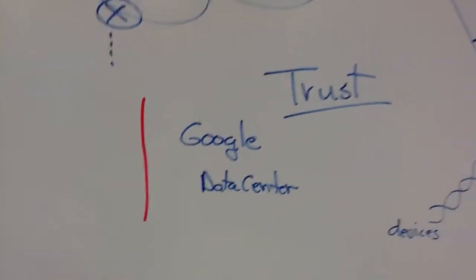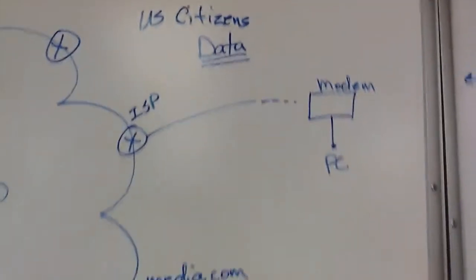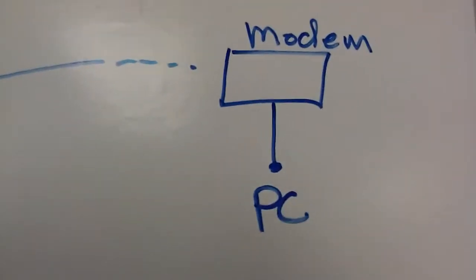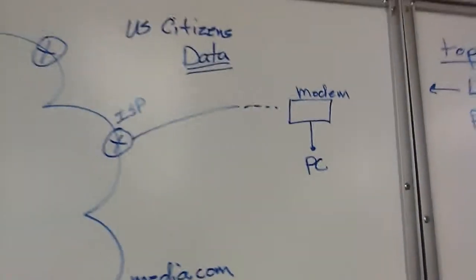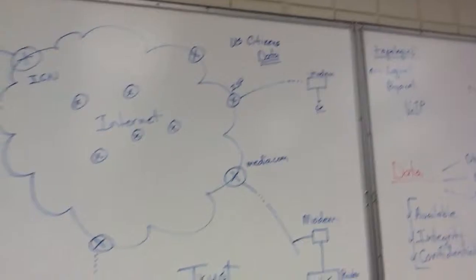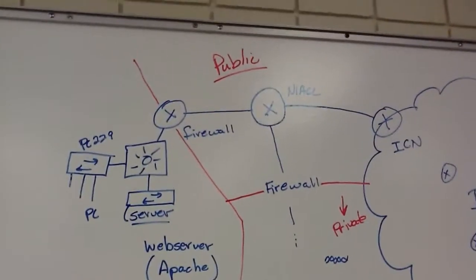Some level of trust, storing stuff out in the cloud. The same thing, the data stored at your bank. And we also talked about the issues of a modem and a PC connected directly to that, because the public address goes straight to the PC. So this is all a logical diagram. We showed a little bit on this side of NIACC here. A physical diagram,